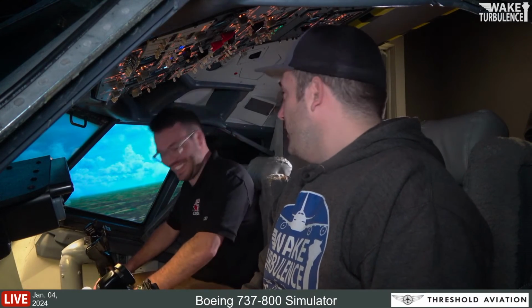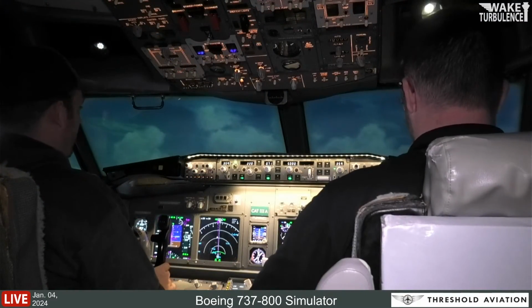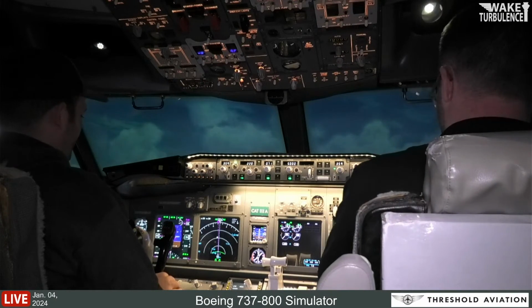After our circuit, you want to land in Ottawa? Yes, I want to try. No promises on the result. We got the Ottawa River out on our left side. We're going to be all manual for this. We can do just auto throttle, but let's do some. That seems like a good idea. You want to hand fly? Sure.